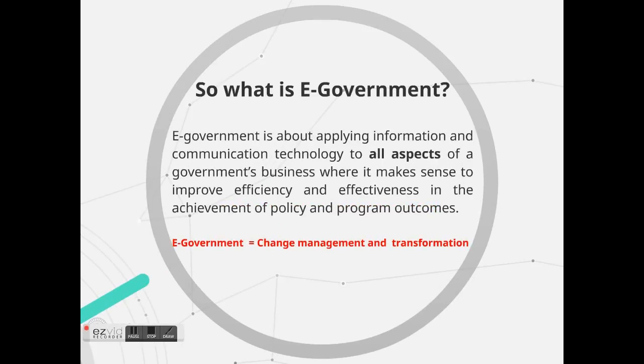Okay, let's see what is electronic government. In simple description, we can say electronic government is about applying information and communication technology to all aspects of the government business, where it makes sense to improve efficiency and effectiveness in achieving policies and program outcomes. So it all boils down to one particular equation, which we say electronic government is equal to change management and transformation. We're talking about the transformation of existing government procedures and processes in order to make sure that we have a sustainable and achievable electronic government